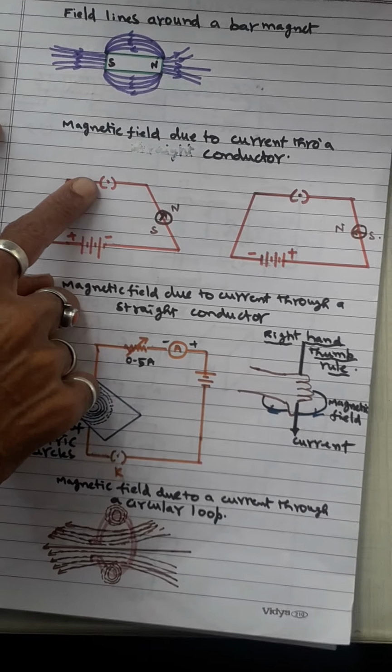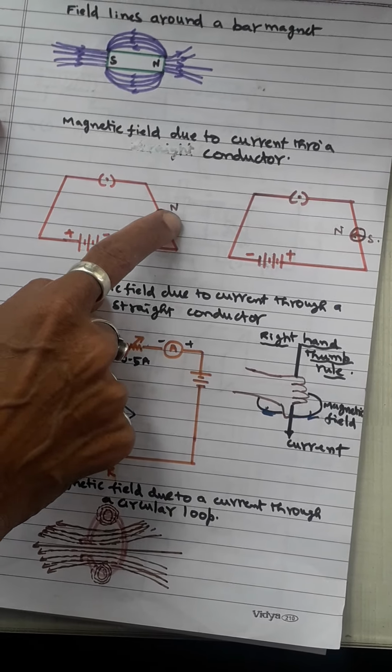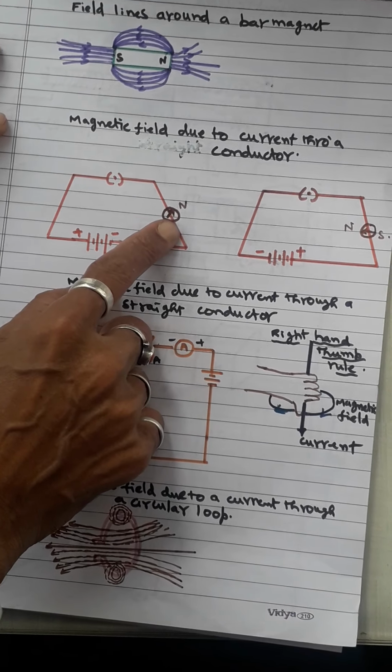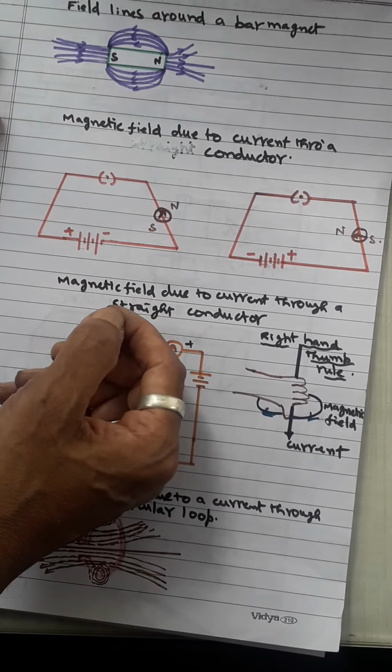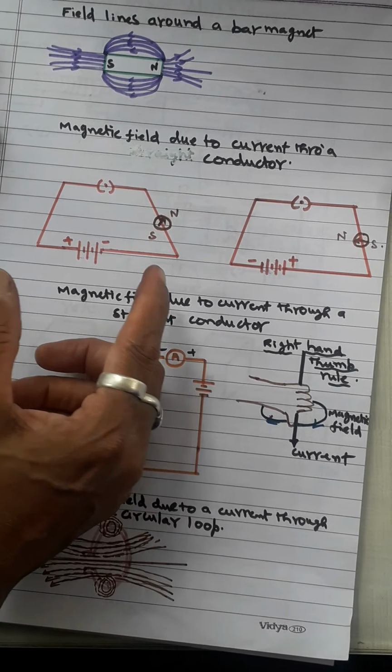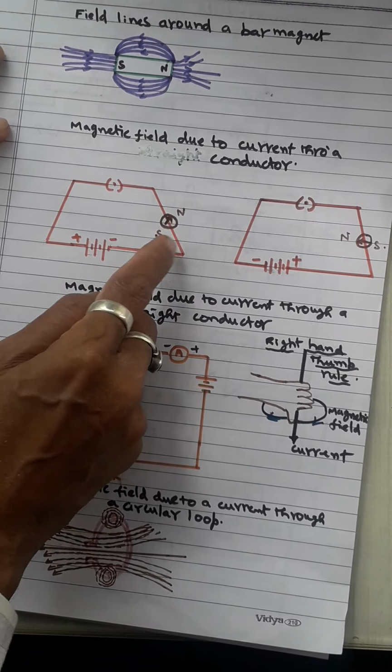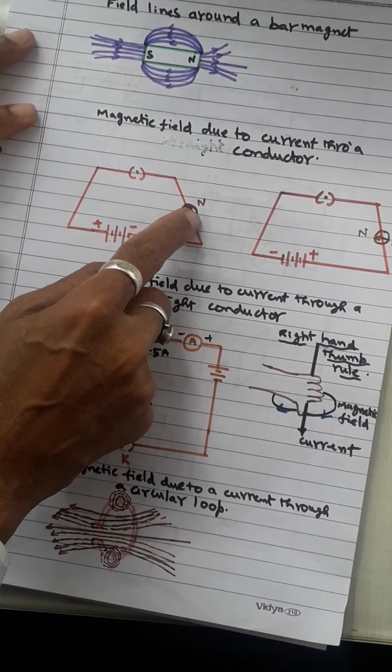So here there is a switch. Here I am talking about a galvanometer. So what is meant by galvanometer? A galvanometer will measure very minute current, and an ammeter will measure heavy current. So now I am keeping that galvanometer here.